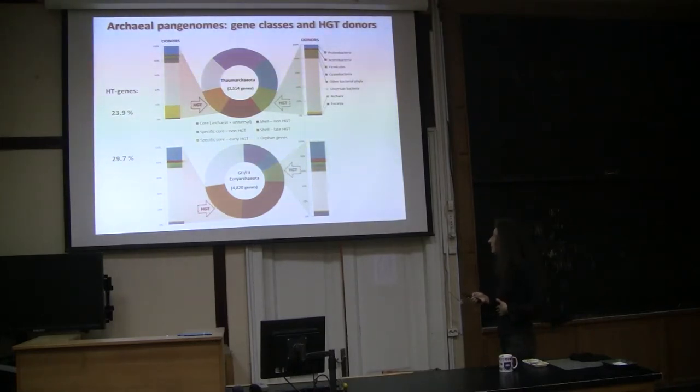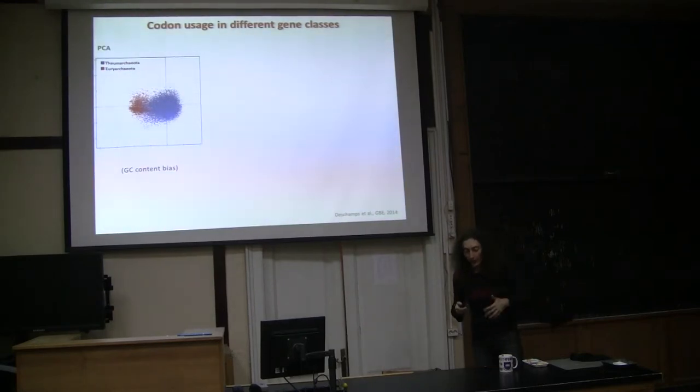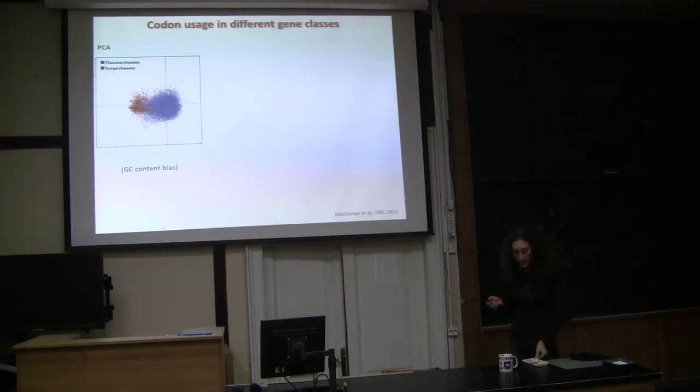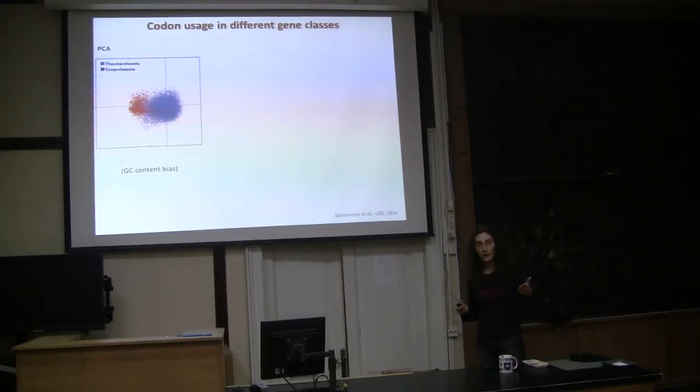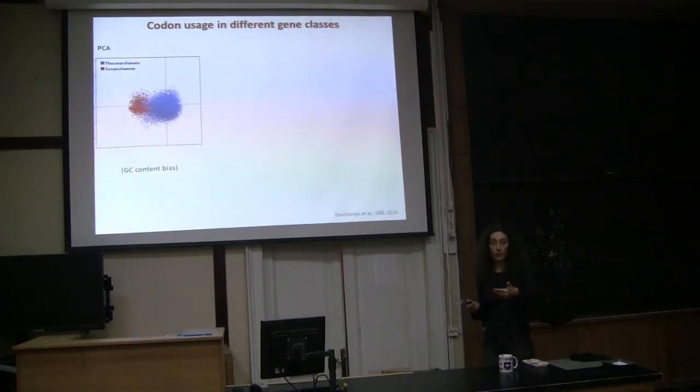Proteobacteria are very widespread. So we tried to dig a little bit into this, and we looked for, in particular, signs of recent transfer in the genome. And this is usually done by looking at things like codon usage, because normally genes that have been recently acquired into a new genetic or genomic environment are not adapted. They don't have the codon usage adapted to that of the organism. So we try to look for that kind of signs of horizontal gene transfer.